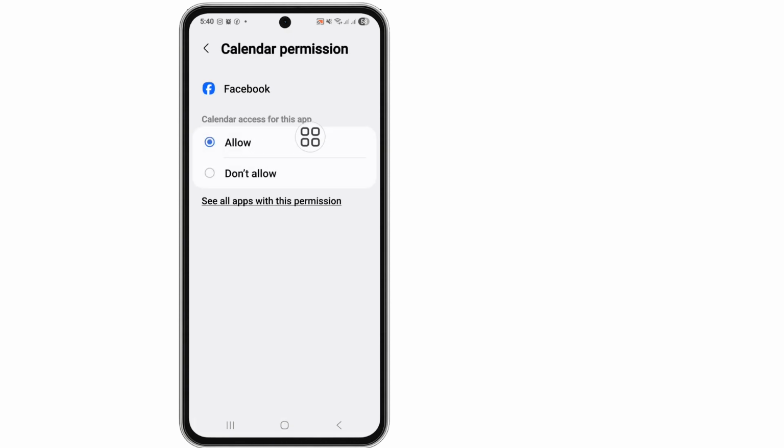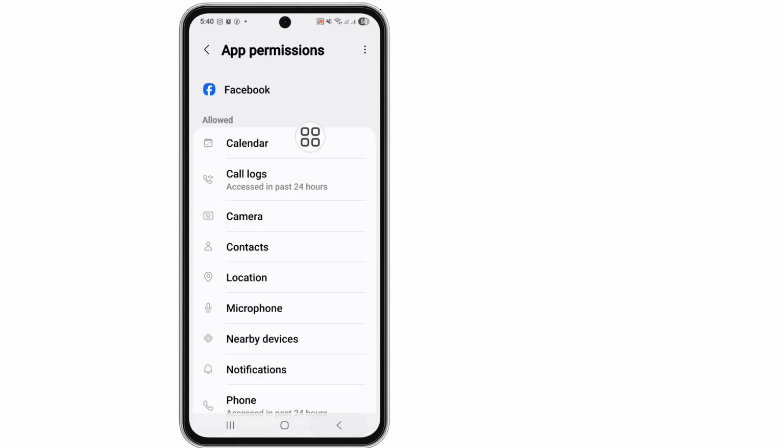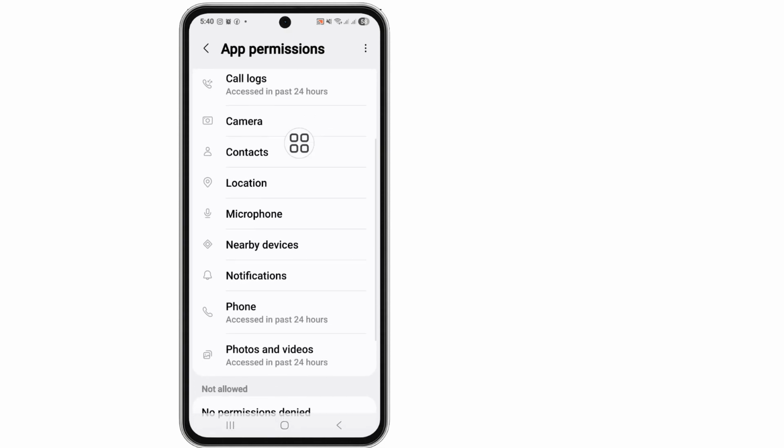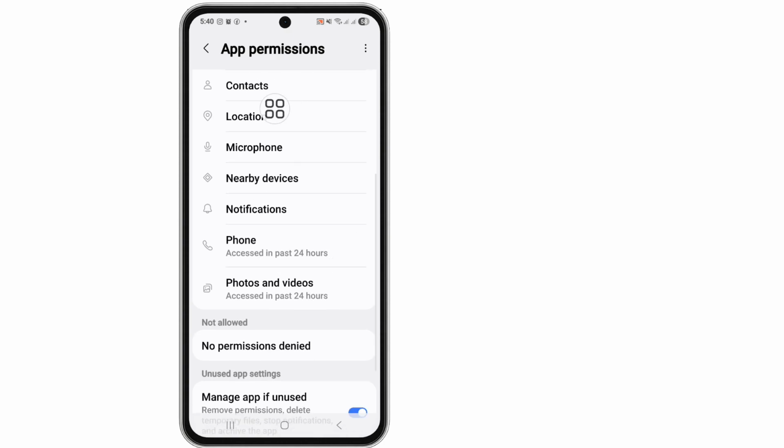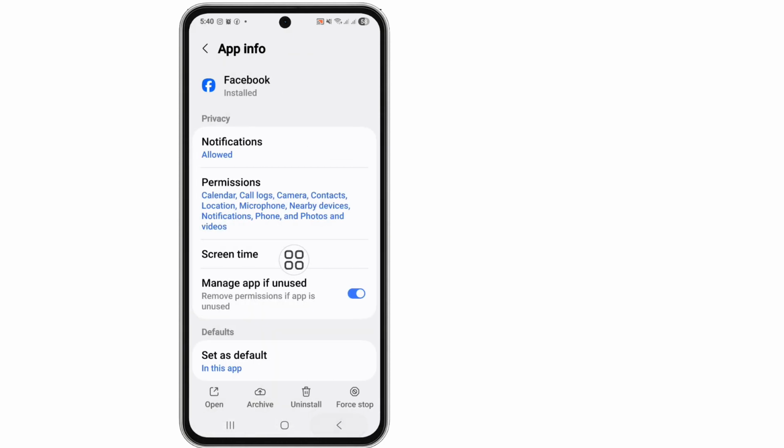Calendar, allow. Call logs, allow. Camera, allow. And contacts, location, microphone, nearby devices, notifications, phone, photos and videos, allow all permission. Okay, go back